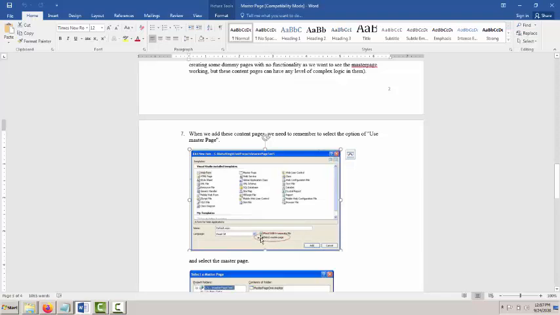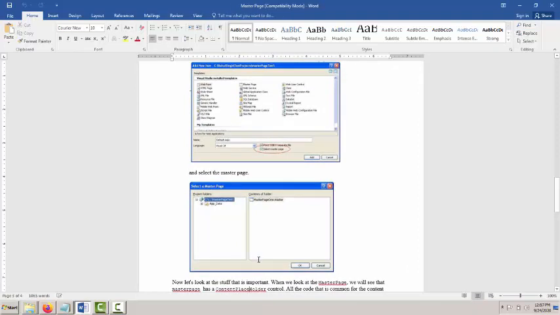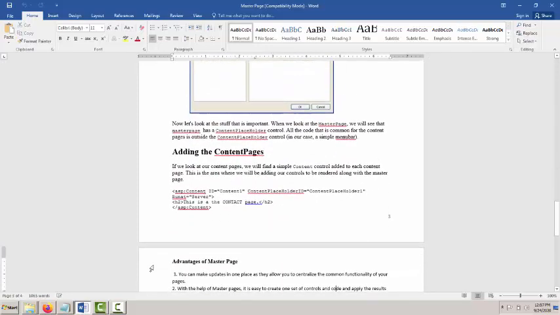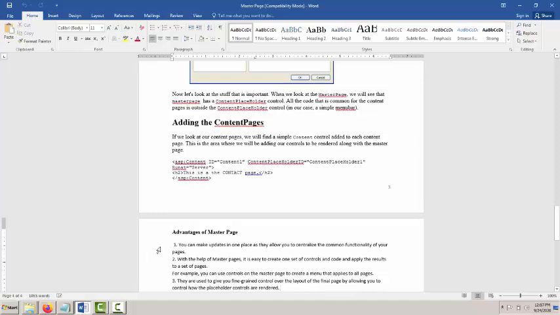We select this particular master page and click on add, and then the message is the same: select the master page. We have to select this particular page and click on OK. Now how can we add the content to the content page?